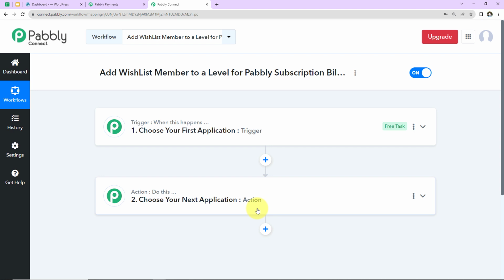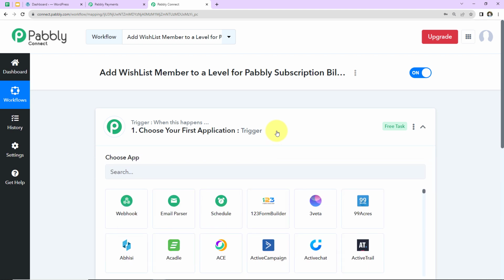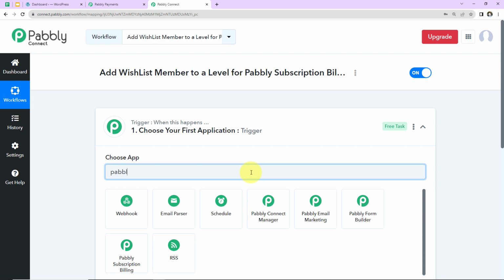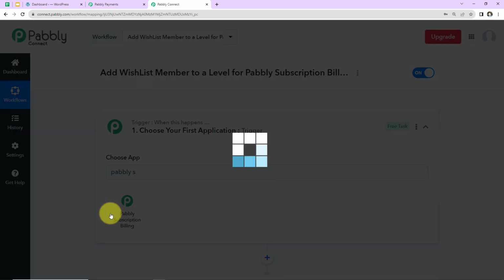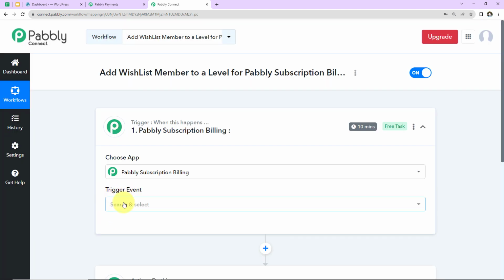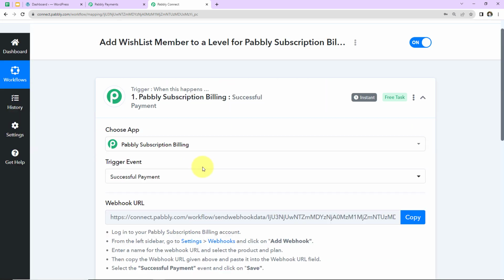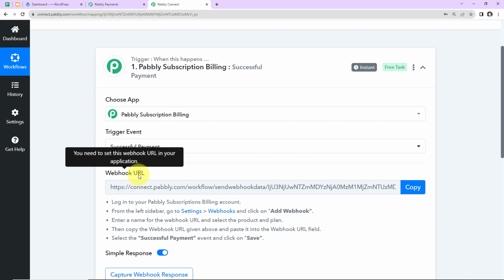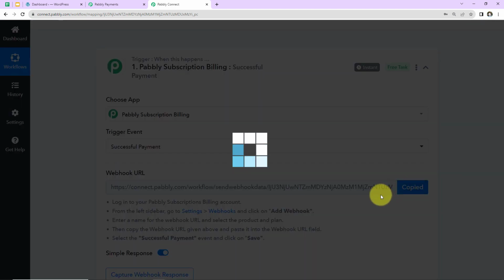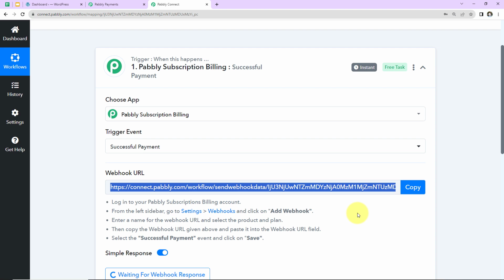So here my condition is every time a payment is successfully made in Pabbly Subscription Billing, then the same user should be added as a WishList member to a particular level. So trigger application here will be Pabbly Subscription Billing. Let's click on this. Next is the trigger event. So the trigger event here will be payment successful. Now here is the webhook URL. Now this URL is going to act as a bridge for connecting Pabbly Connect and Pabbly Subscription Billing. So here I'm going to copy this URL that we have just received,